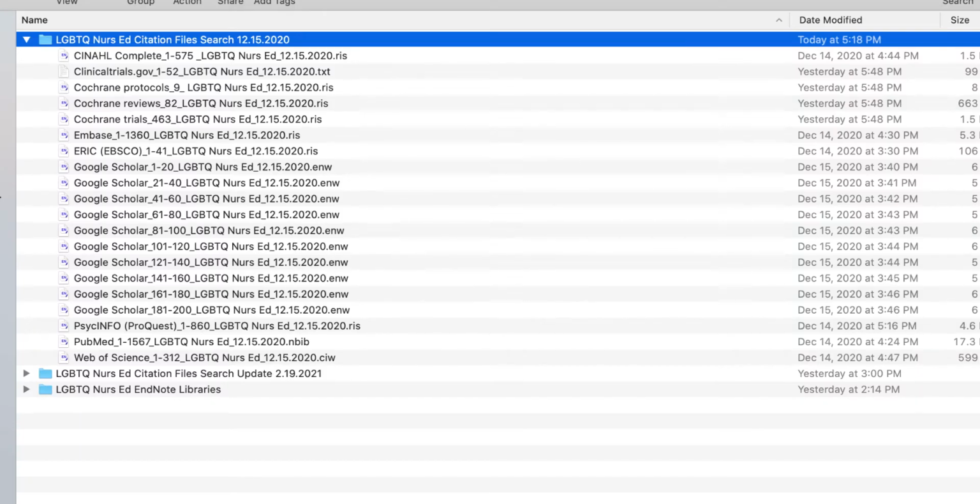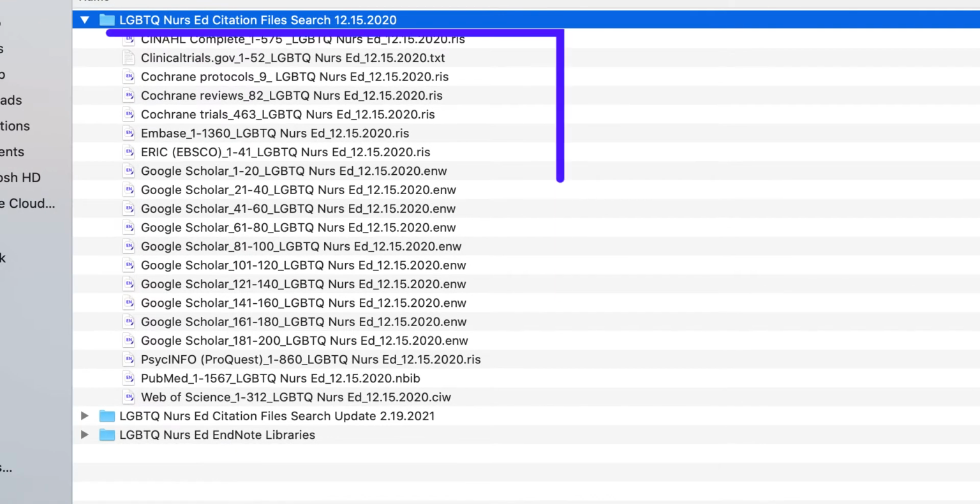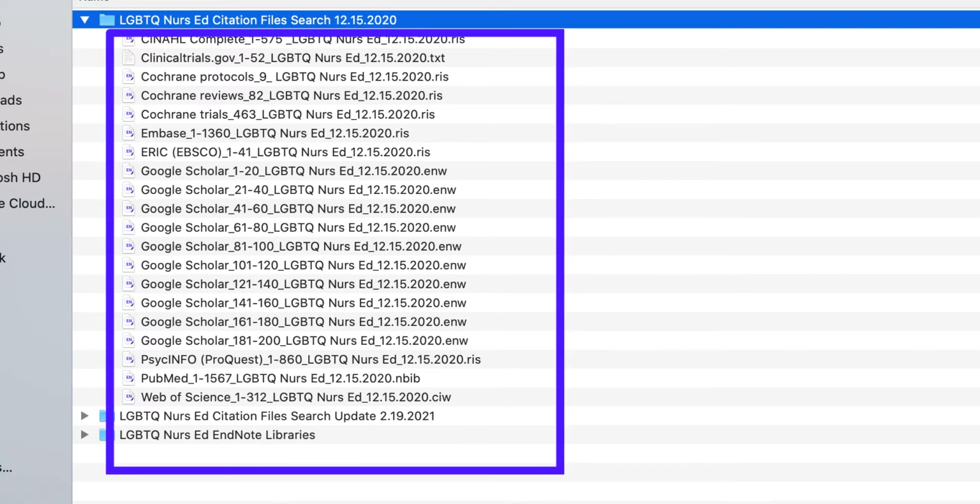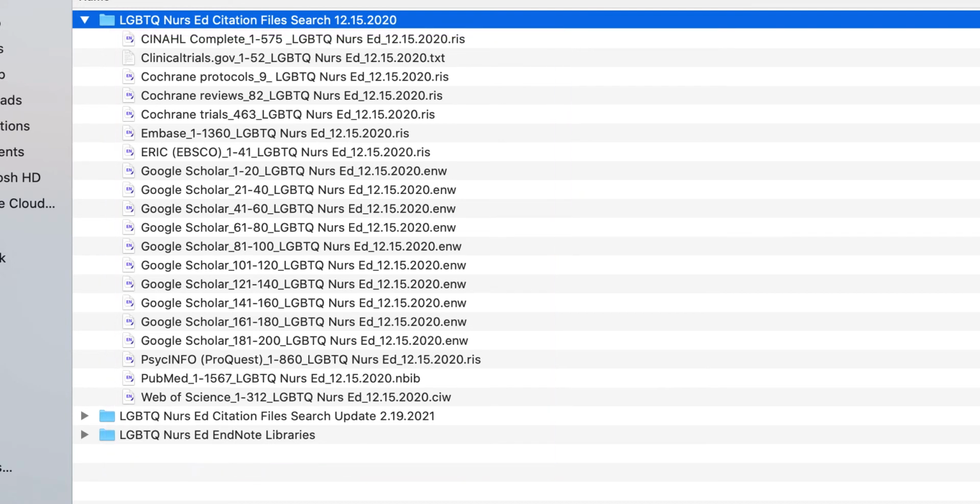Each database allows you to export citations in different formats. Some databases limit the number of results you can download at one time, and therefore require multiple downloads. Name each exported database citation file in a consistent way and save all citation files together where you will always be able to access them. Citation files are the data for your systematic review research. So it is very important that all associated citation files are saved for future access and labeled accurately.